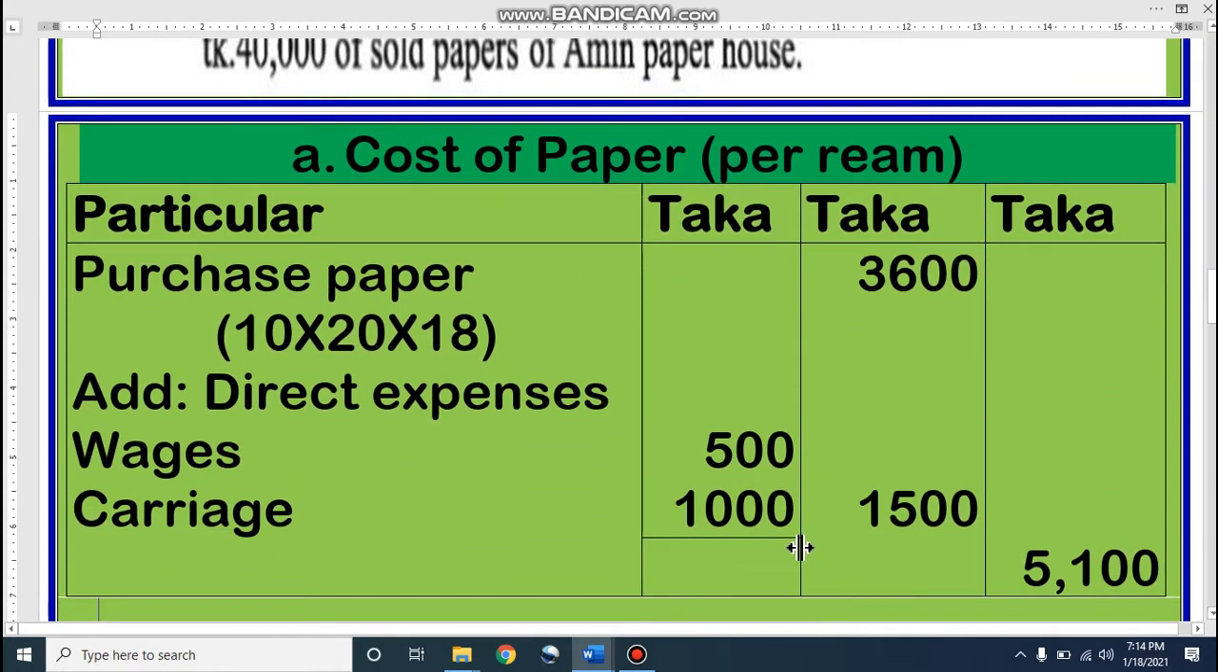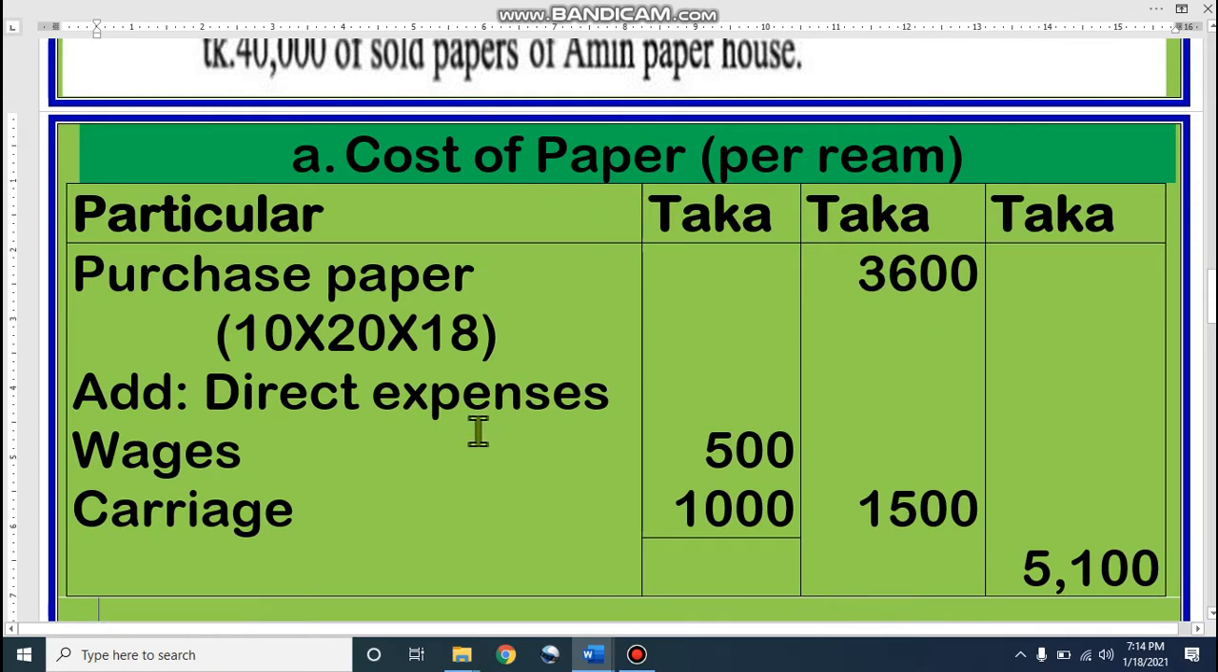Cost of paper per ream. Let's read it out, we have purchased 10 reams. To look at your question, we have purchased how many ream of paper? 10 ream. And the cost of each ream is not given here, we have been given 18 per quire. That means we have to convert from ream to quire. 10 ream into 20, that means we have purchased 200 quire, and the price of each quire is 18. So therefore total purchase price is